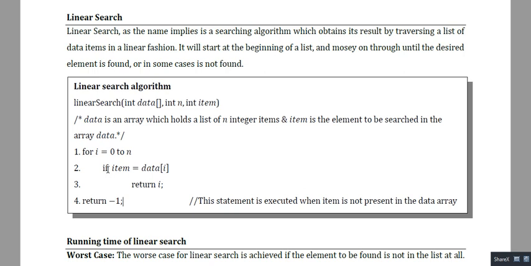Though the algorithm is very simple, it may take a huge time if the number of elements present in the list or the data array is very, very high. For example, if we want to search a particular element in a list of 100 integers, for successful searching we require maximum how many comparisons? 100 comparisons, right? Because there are 100 elements.